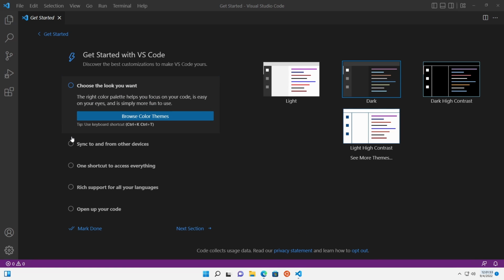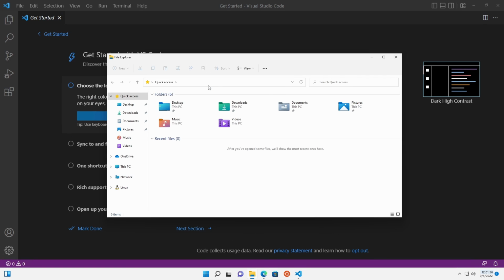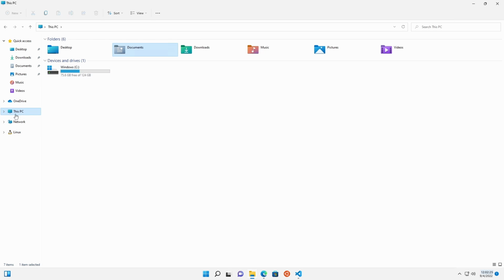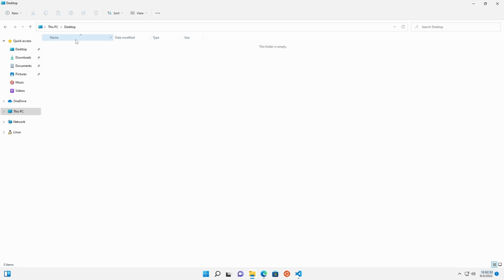So what you're going to want to do is open File Explorer, click This PC, and then double click on Desktop. Here you're going to want to click New, and on the right side it should say Text Document. Click that and put in my first website